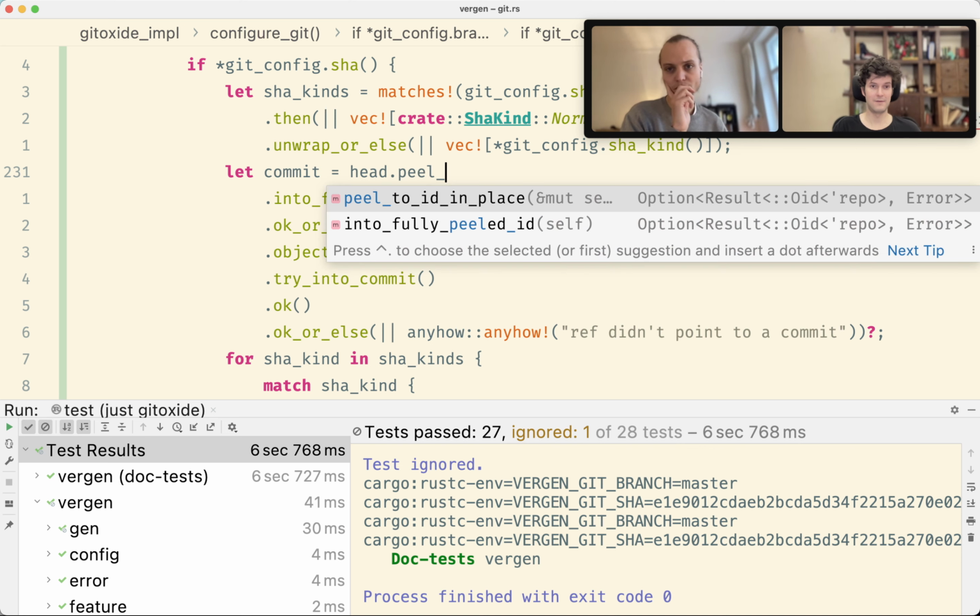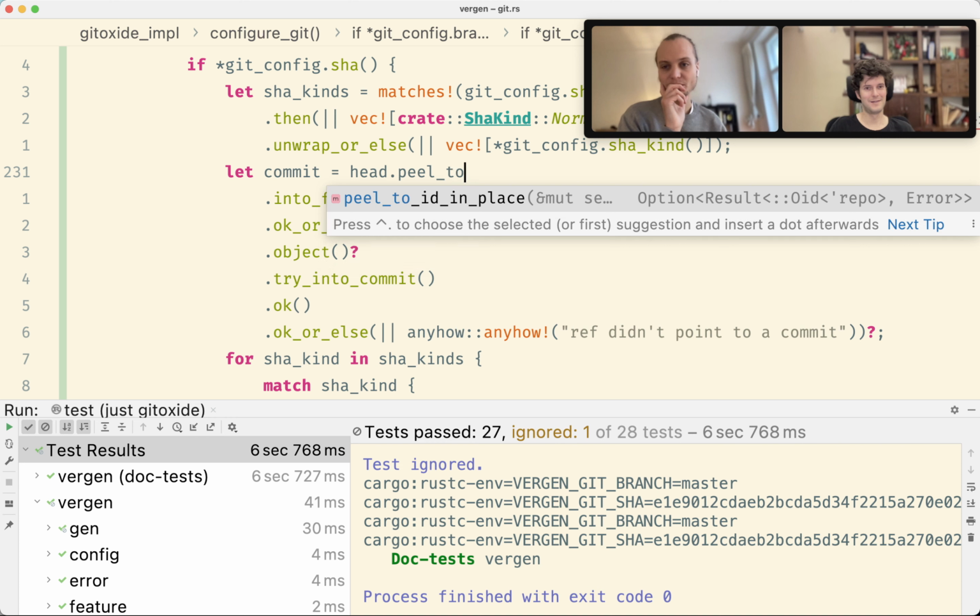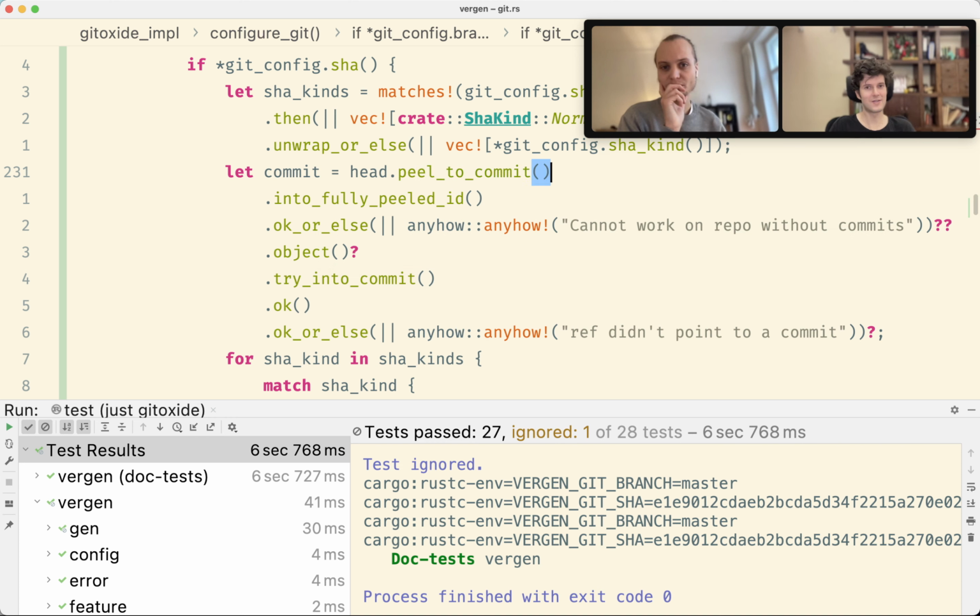Or even peel into, and then maybe an object type. But then you have to do more. You have to import a type. So most people want to commit. I mean, let's face it. Peel to commit. So I would probably just do the same, really, because this is just